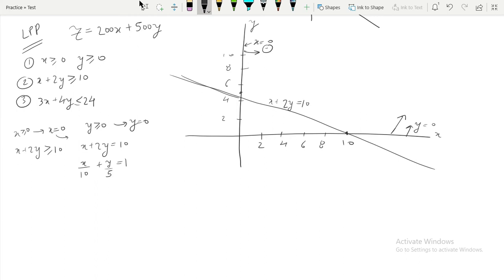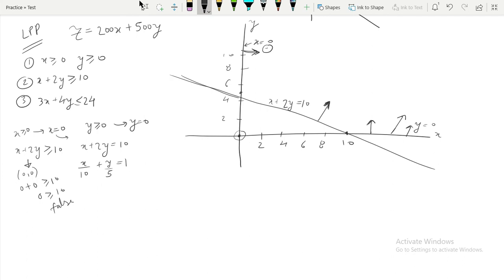This is a straight line. Now if we check which side of the straight line is the region, we just need to put 0 comma 0. If we put it, 0 plus 0 is more than 10, so 0 is greater than 10. This is false. It means the origin is not in this region. If the region is not containing the origin, then it is this side region of the line. So we have this region above this, and from here it is the right hand side. So we can just guess the region, it is here.